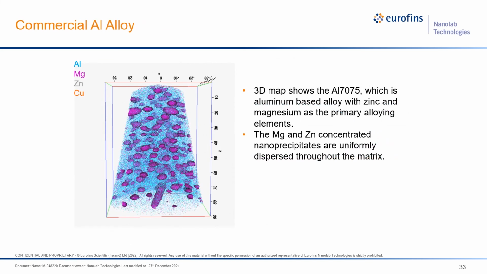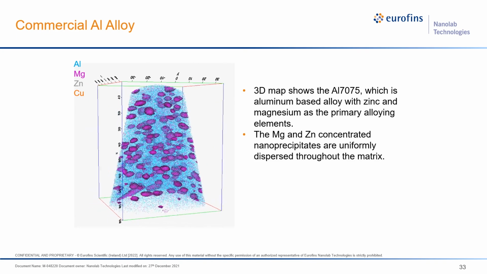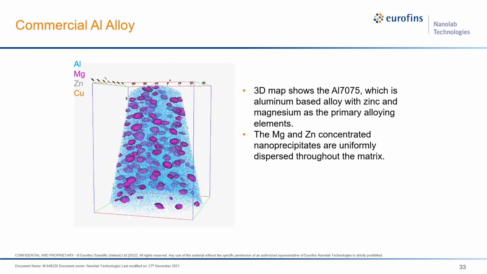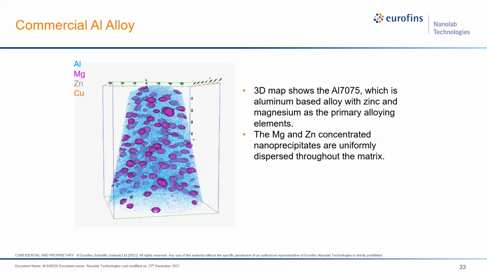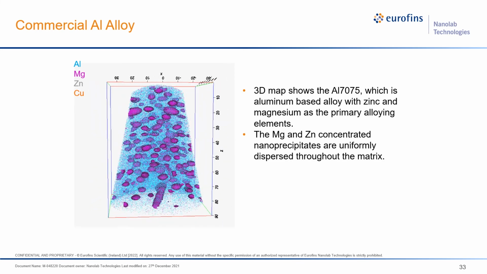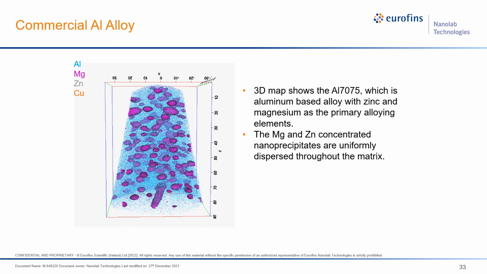So the last thing is to observe whether these precipitates are uniformly distributed through the matrix or not. And we can really look at a 3-dimensional movie to see that these precipitates are uniformly distributed through the matrix. So whether it's a uniform or non-uniform distribution of precipitates in the matrix is also possible to determine using atom probe tomography. So like all techniques, even APT has its own limitations, a couple of which I want